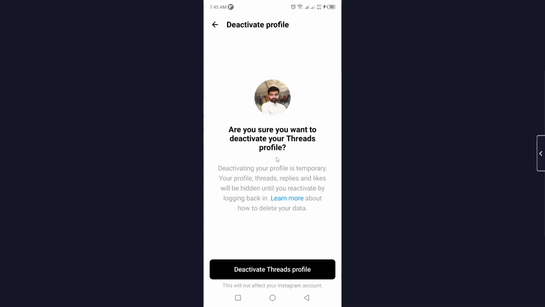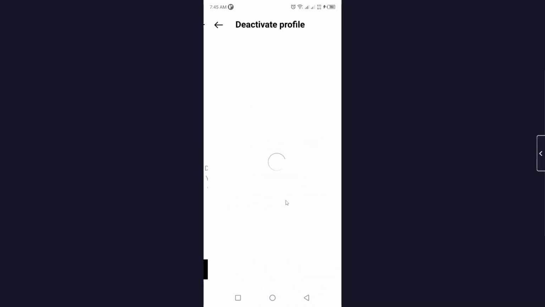Click on that. So basically this is the temporary option if you want to deactivate your Threads profile, and here you can see deactivating your profile is temporary. Your profile, Threads, replies and likes will be hidden until you reactivate by logging back in. To learn more about how to delete your account, click here,